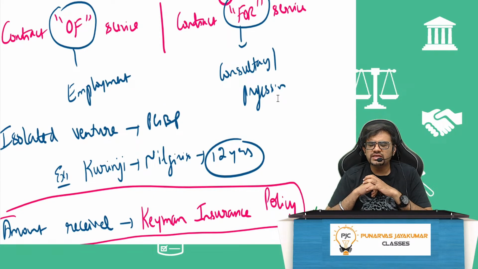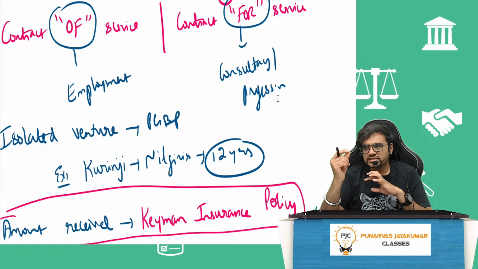For example, in Nilgiris, there is a flower called Neel Kurinji. It blooms only once in 12 years. So once in 12 years when it blooms, if I organize a trip only to see the Neel Kurinji flower, I'll make some superb money in that because it comes only once in 12 years. Is that PGBP? Yes.